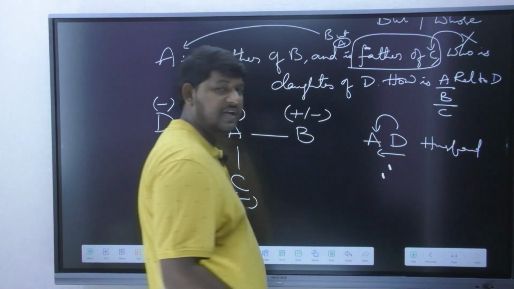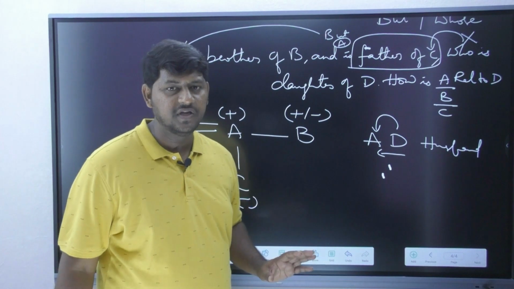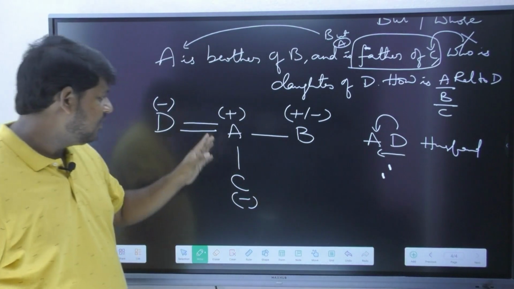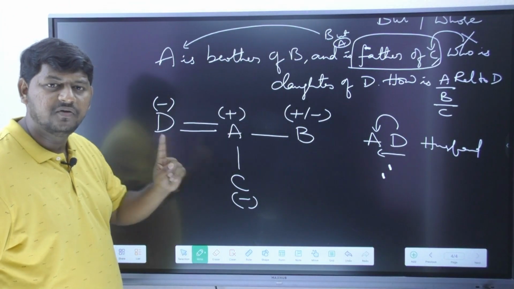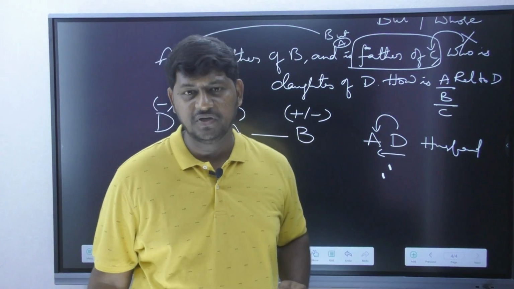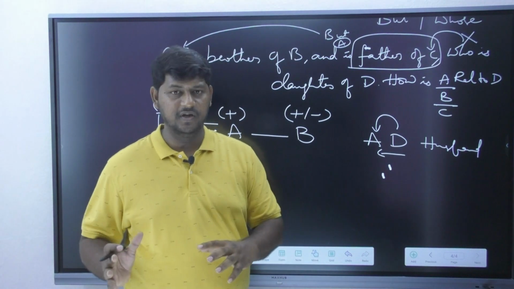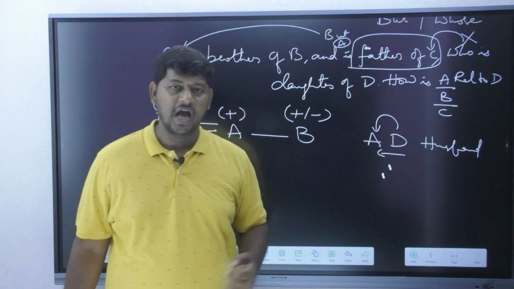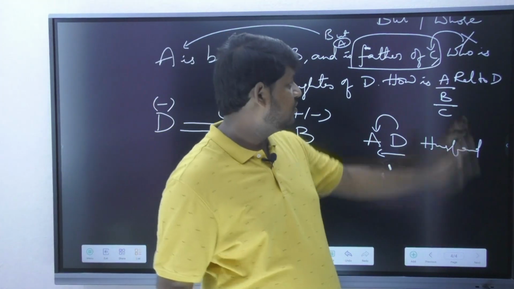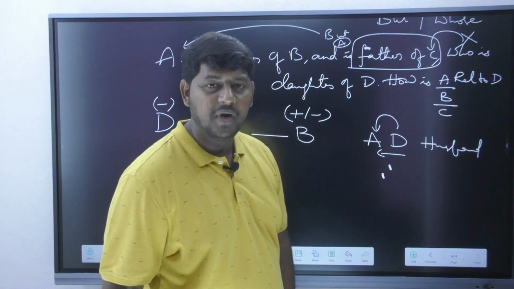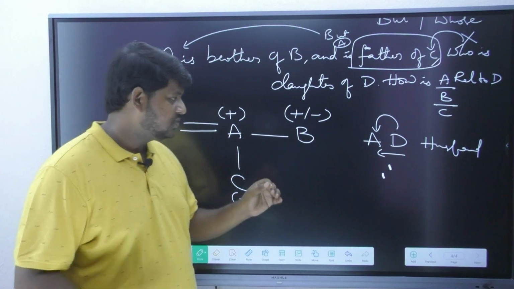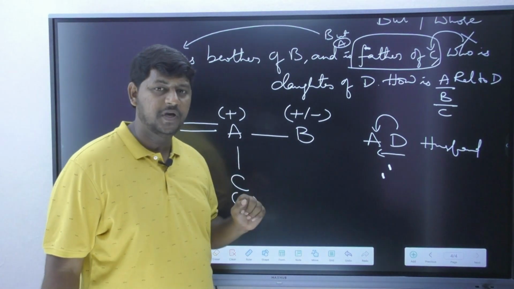Husband is your answer. But imagine you misunderstood the question and you understood the question from A's point of view. A is going to address D as what? Wife. And that is going to stay in the first option, so that you are going to miss your mark. So it's always two-way around. If you do not understand the question properly, how to approach the question is very important. Even though you have strong basics, even though you know all the 6 keywords, but you do not know how exactly to approach the question, then it's all a waste of time. So better understand the question properly over here.